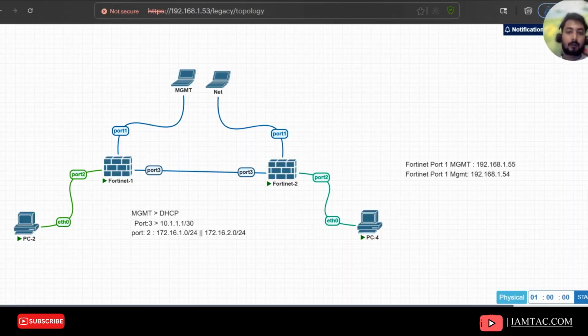On both port 2s, I'm going to add IP addresses starting from 172.16.1.0 for Fortinet 1 and 172.16.2.0 for Fortinet 2. On port 3 of both devices,